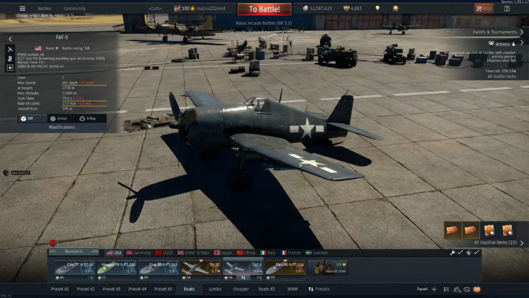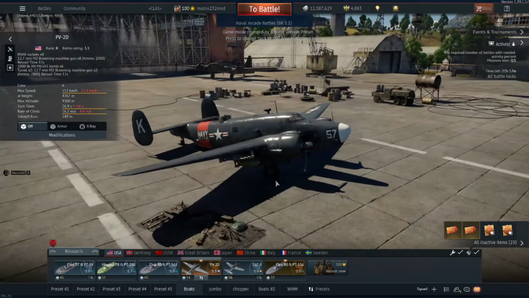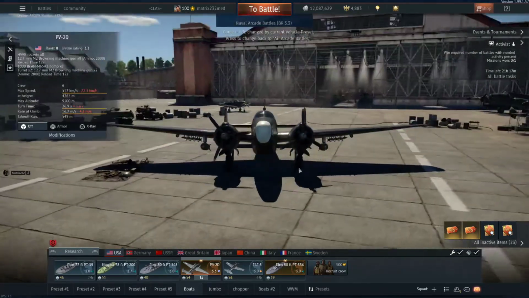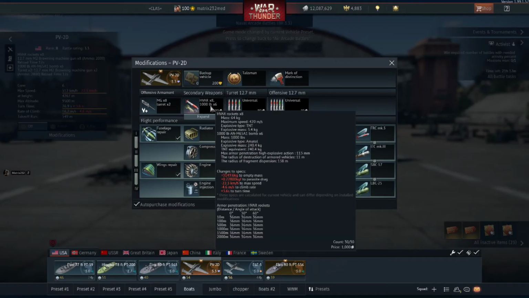Once you drop your load off, turn into a fighter. Same thing with the PV2, the PV2D. I take this all the time. This has a loadout. If most people don't know, the loadout of this vehicle is six 1,000 pound bombs, eight